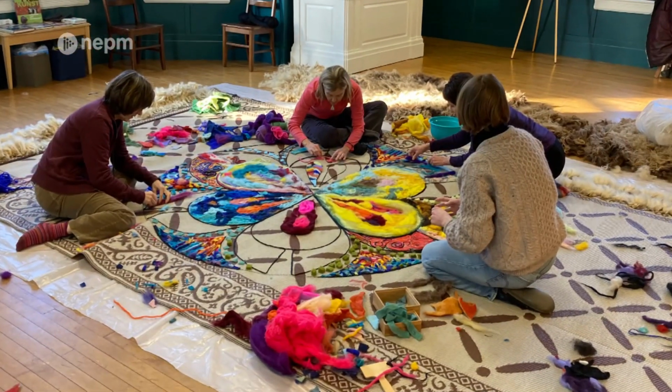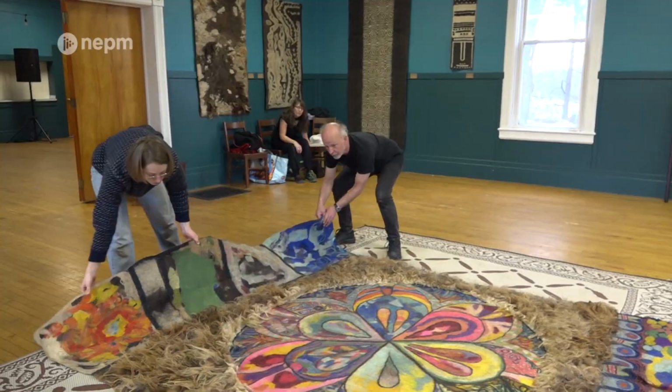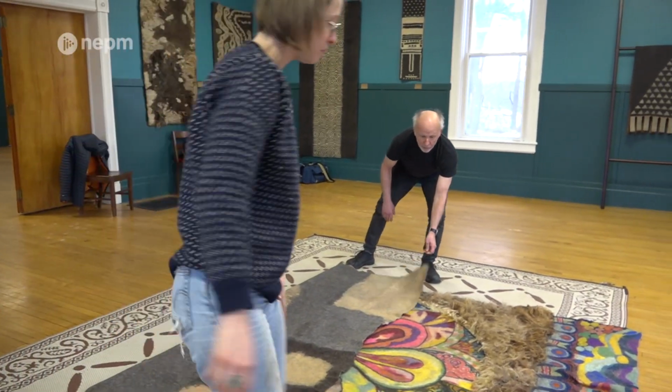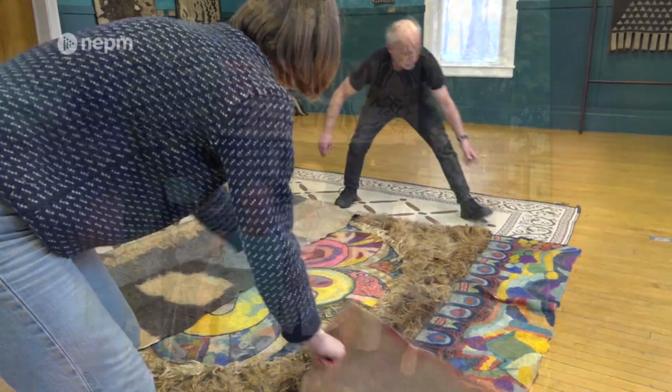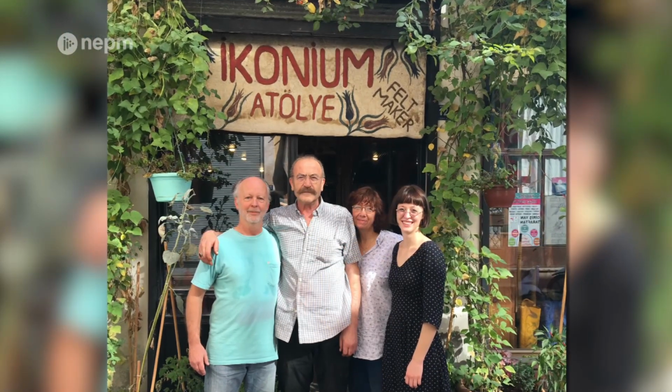The first few weeks of the project were spent designing the surface and arranging the colors of the rug. Then the group moved on to turning the wool into cloth, using traditional techniques that Hesse learned when she traveled to Turkey. I went to Turkey to learn more about felt making, and specifically to learn how to make rugs, because a lot of the felt making that you would encounter around here would just be small things or thin,